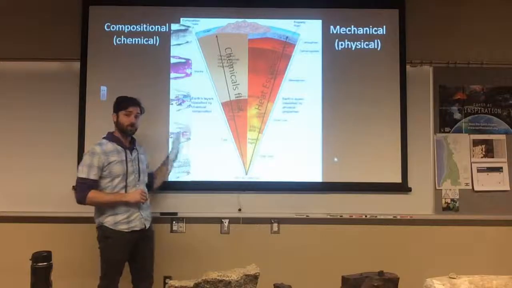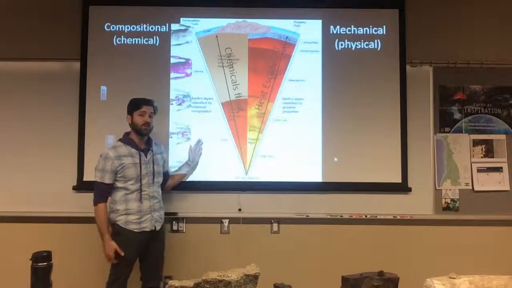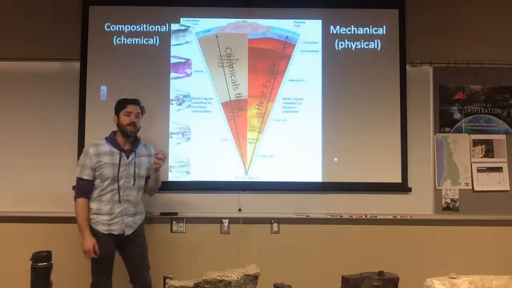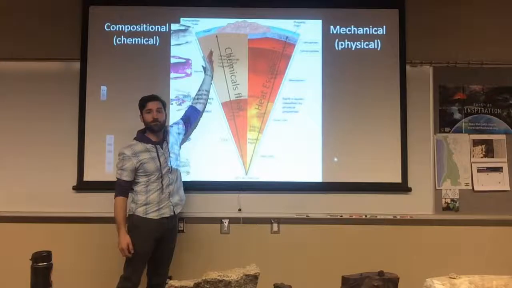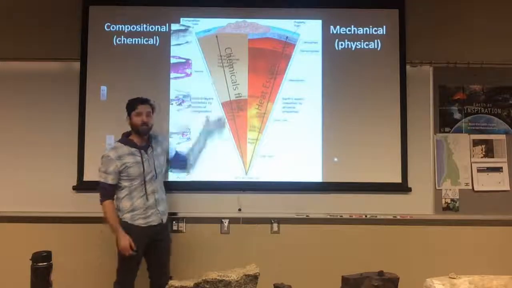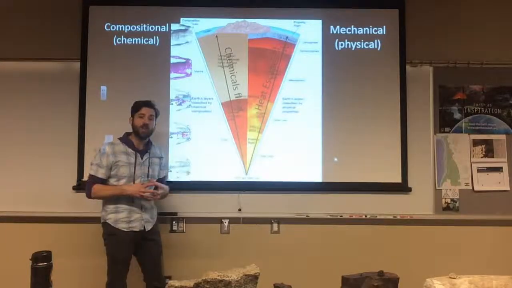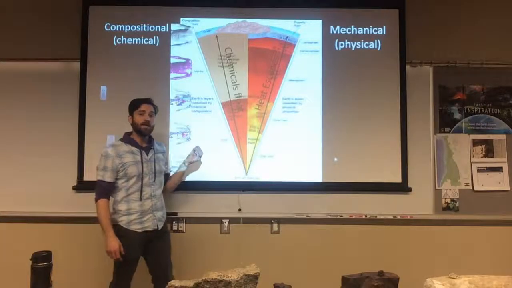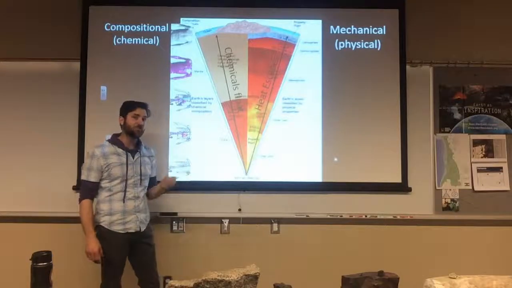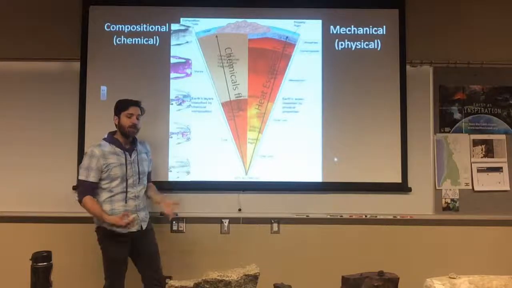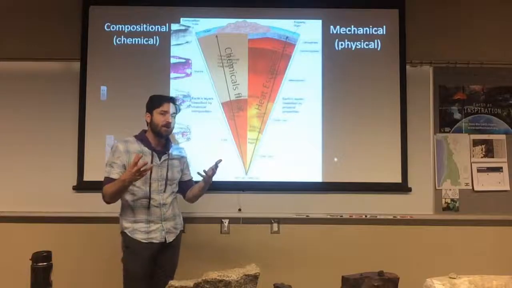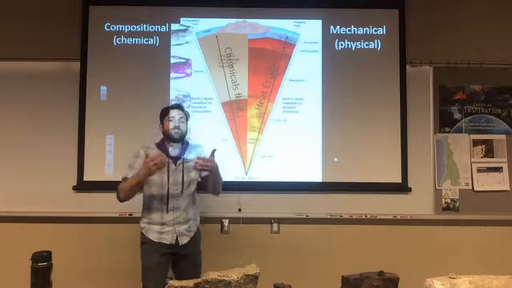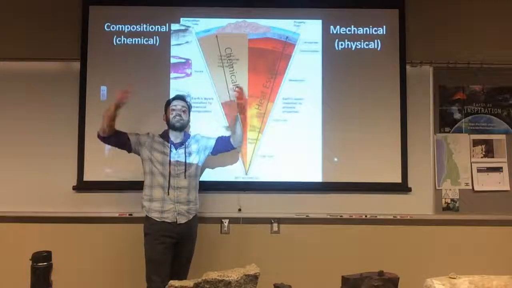On the chemical side, on the compositional layering side, one way to think about this through chemistry is that the lighter material floats towards the top. Right? Where the heaviest material is sunk towards the center of gravity, towards the center of the Earth. That's the core. Well, as we're talking about making the Earth's crust, another way to think about this, I like to think about it this way anyway, is the lightest stuff of the Earth, the lightest compositions, are floating up towards the surface continually.